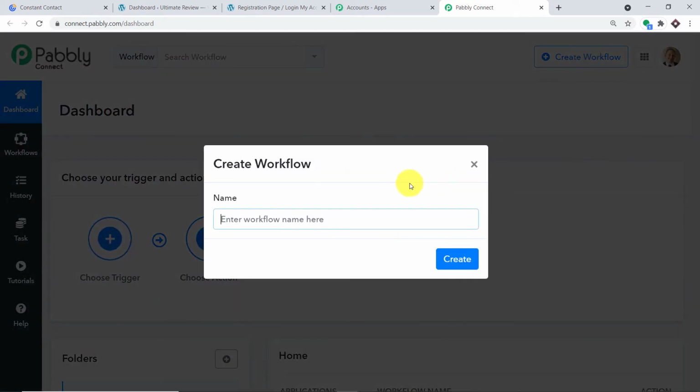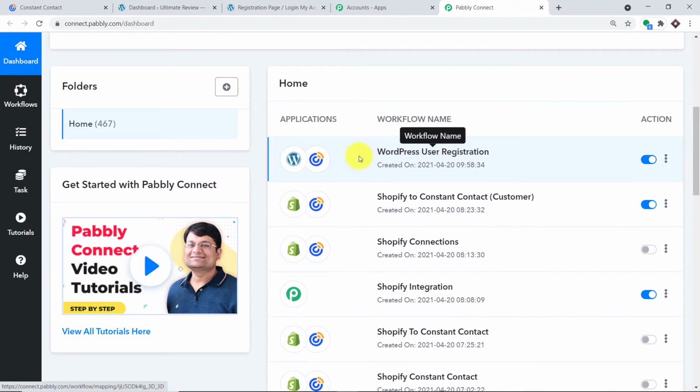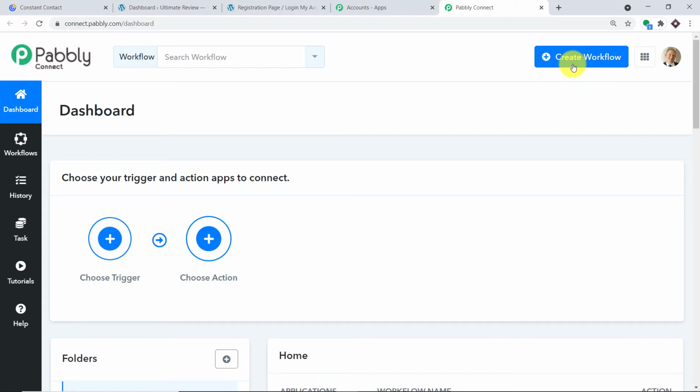Click this. Now, before I create a workflow, there is something I have to do. So as you can see, there is already a workflow that is creating a contact when a WordPress user is added. Okay, so basically I have to switch this off. If I don't switch this off, it will create double results when we create a new workflow. Okay, so to avoid the duplication of results, I have switched this off. Okay, and we are going to start from scratch by creating a new workflow.